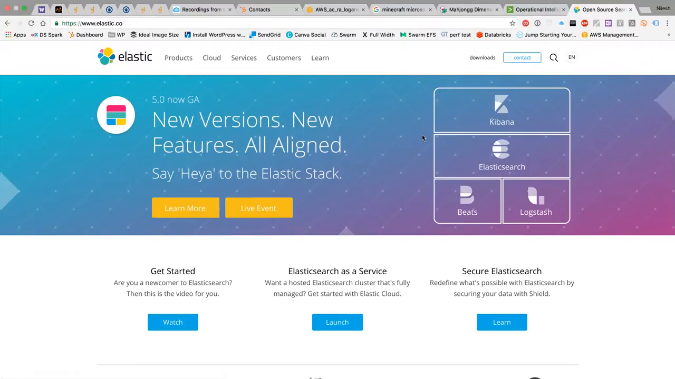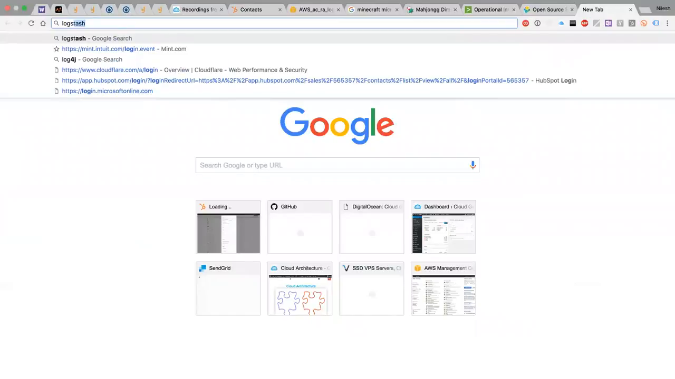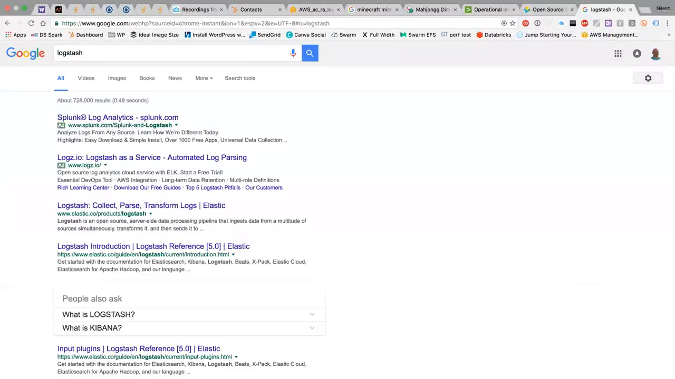And so if you look at each of these components, the idea behind Elasticsearch is to be able to have you query and search and understand and slice and dice the data that gets accumulated. This other product called Logstash is basically like a